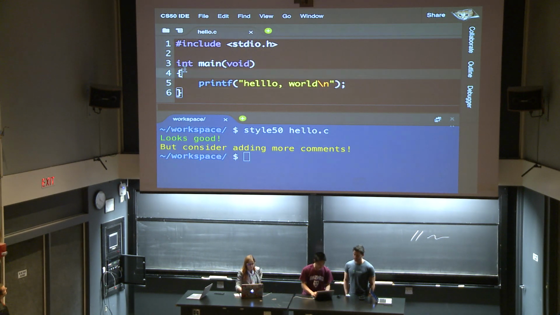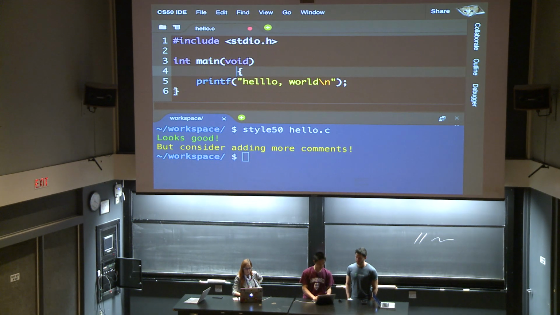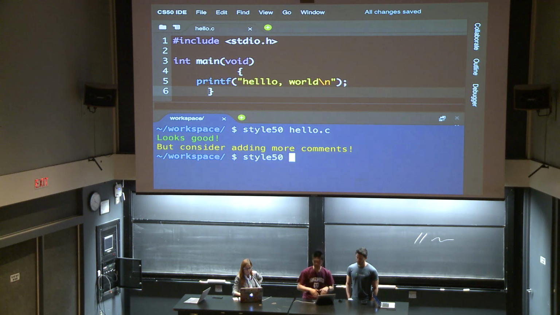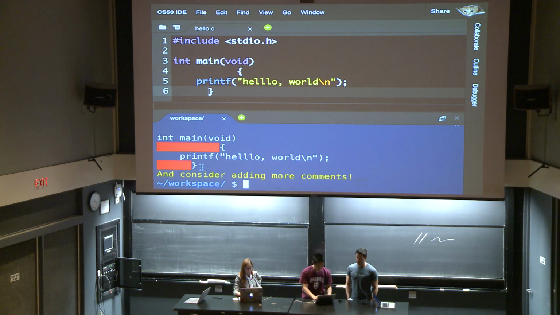But if, on the other hand, my code were poorly styled, where these curly braces are not lined up and they're sort of all over the place, and I were to run style50 again, style50 hello.c, what I'll see is that style50 outputs my code with this red or green highlighting, where the red highlighting means get rid of this stuff, where there's extra space here that I don't need, and I should be getting rid of that spacing in order to style my code better. And so style50 is a tool for assessing the style of your code and telling you how to fix it, and check50 is a tool for assessing the correctness of your code and telling you what might need to change in order to make it correct.